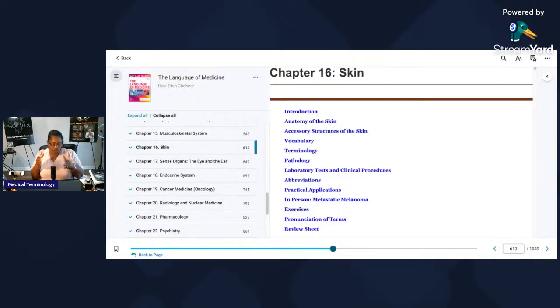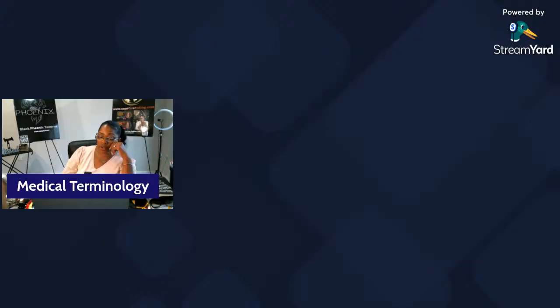In your coding course, that's when we start doing the CPC. In the coding course, we use the CPC guide. Okay, so your CPC guide, if you see the skin integumentary, and your CPC guide has every single thing that's in here, that's what you're going to be doing. Okay, so in integumentary, you're going to be doing this, and then you're going to go to the back of this chapter, which there's exercises throughout.